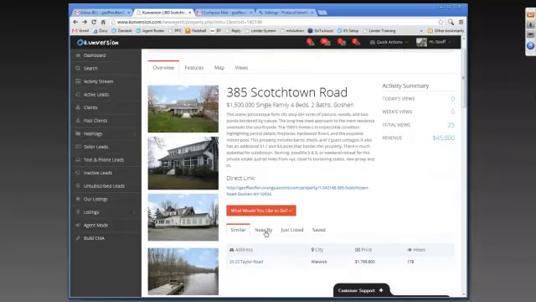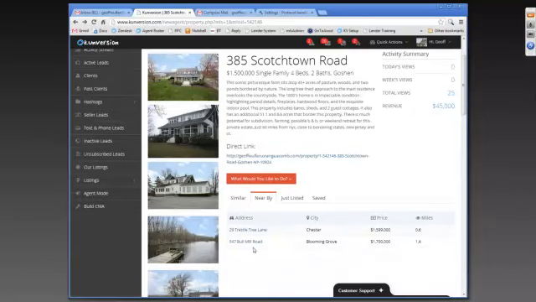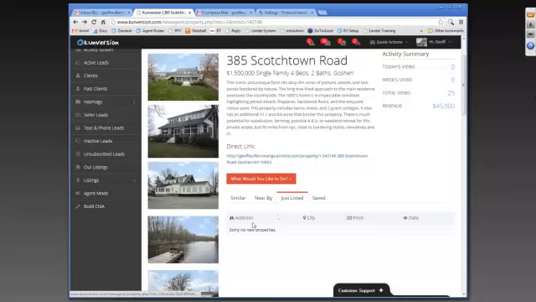There's a cool option called Nearby. So on this details panel, there's similar listings, or you can look at something that's similar, or listings that are geographically close by this listing. If anybody has saved